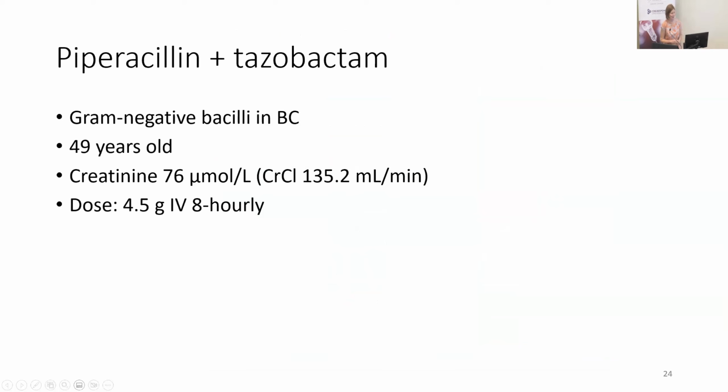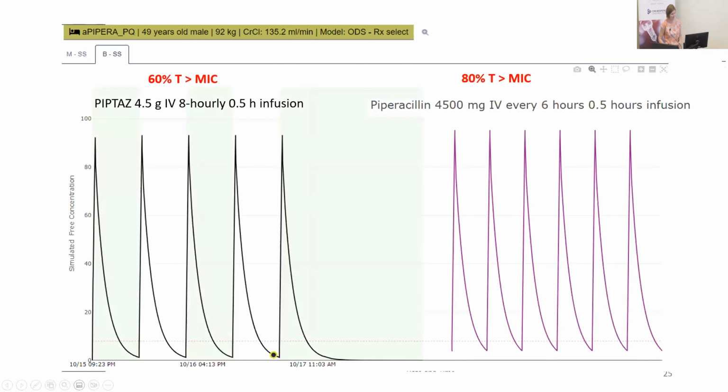So apologies. But anyway, he got a dose of 4.5 grams IV 8 hourly as a 30-minute push, which is our standard of care, whether it should be or not, but is our standard at the moment. So again, you can see graphing here. The red dotted line towards the bottom of the graph is the MIC. So what you really want is that your black concentration line is above the red line for the whole dosing